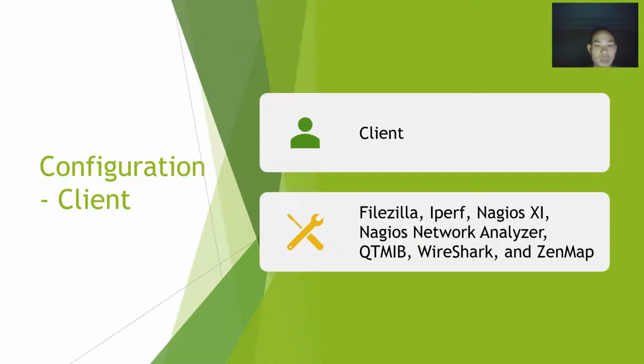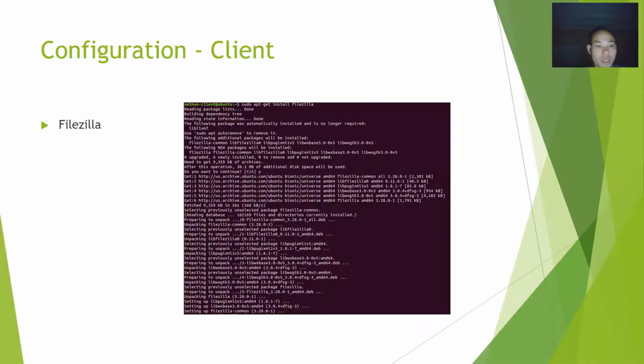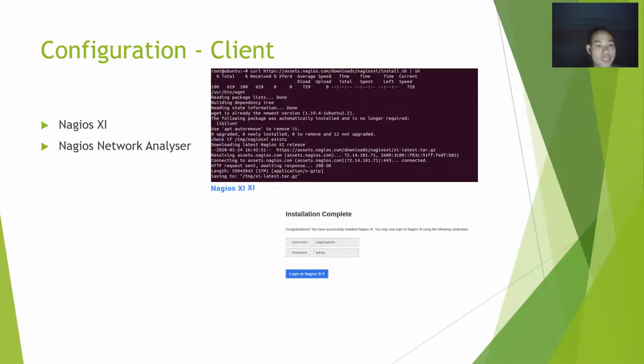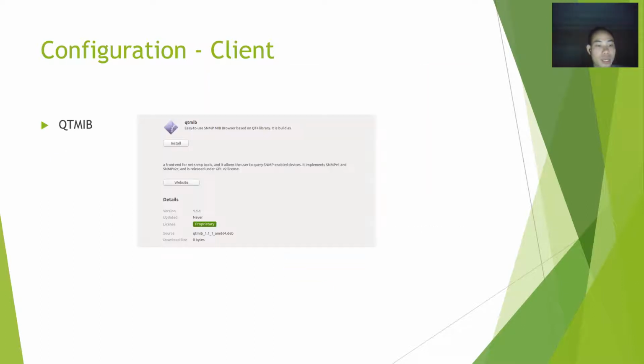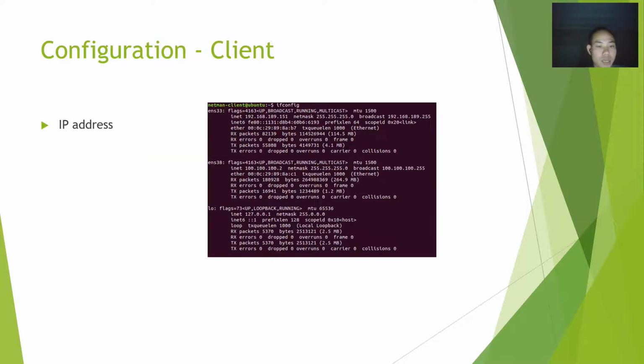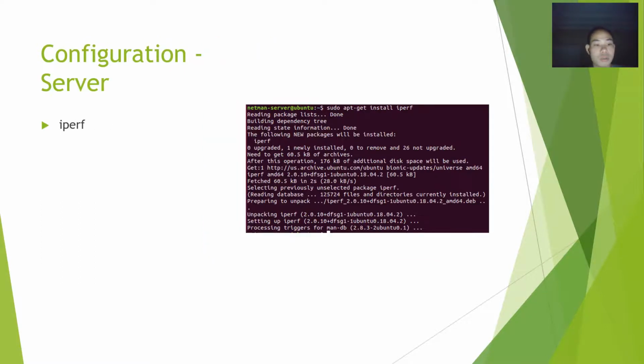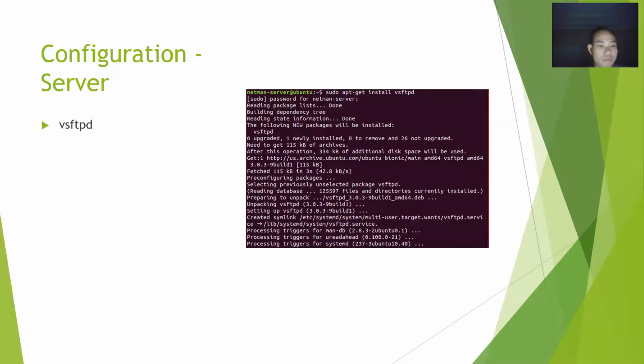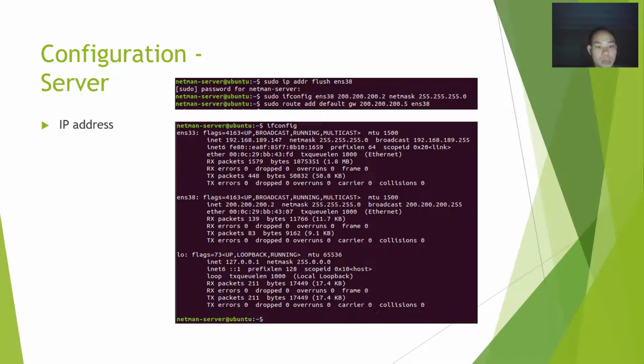For the configuration in the client, I will install different tools such as FileZilla. Especially I will install Nagios and Nagios Network Analyzer. This is how I install different tools in the client: FileZilla, Nagios XI, Nagios Network Analyzer, QTMIB, Wireshark. The IP address I will put for the client is 100.100.100.2. For the server, I will install iPerf and vsftpd to use with FileZilla, and I also put an IP address for the server,